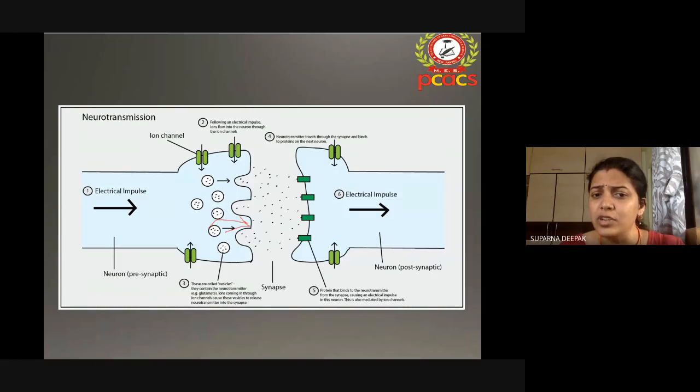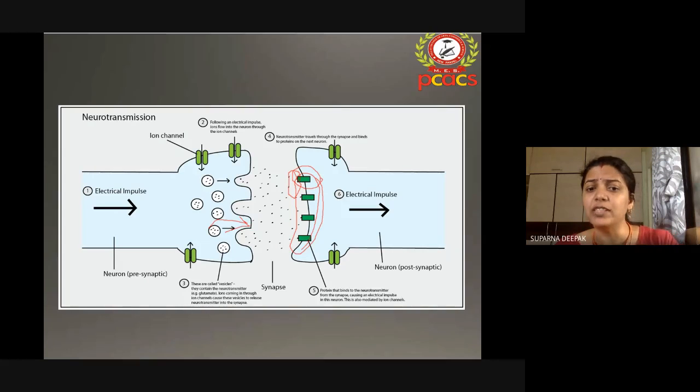Okay, these neurotransmitters will go and bind to these receptors. Because of this binding to the receptors, many channels will open up. Here you have channels. These are the channels which are receptor associated. That means when your neurotransmitter comes and binds,